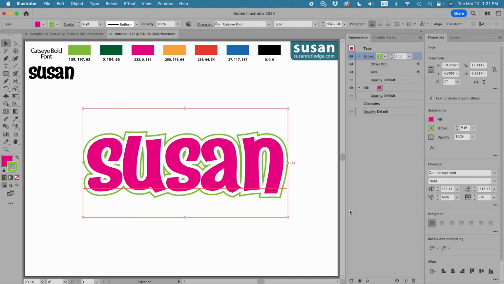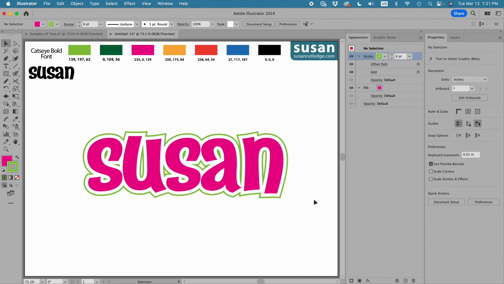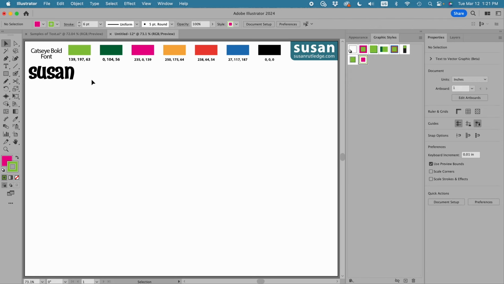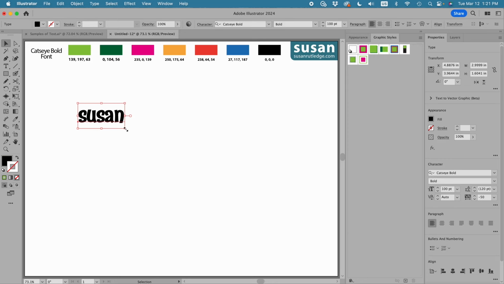And when I do that, Illustrator cleans it all up and it looks great. So again, first time I did the offset path, next time I did Add. Let's select this, add it to the graphic styles panel, delete the text, and we are ready for the last